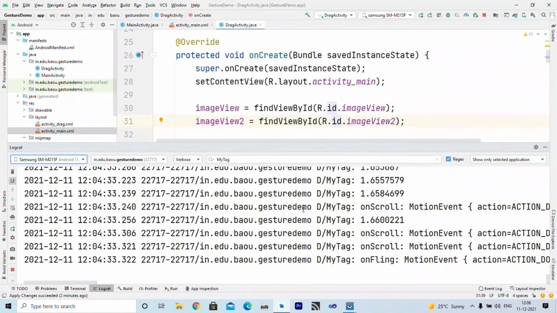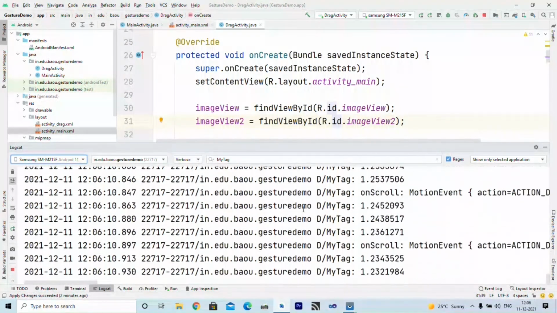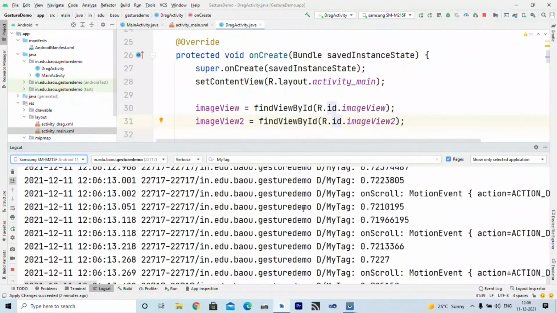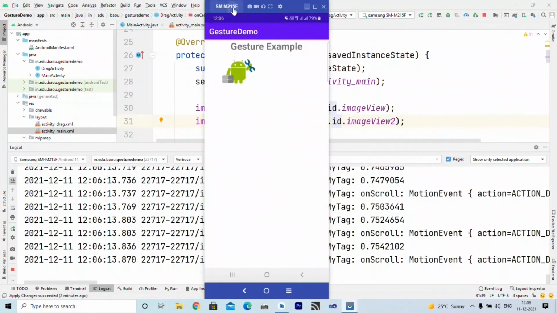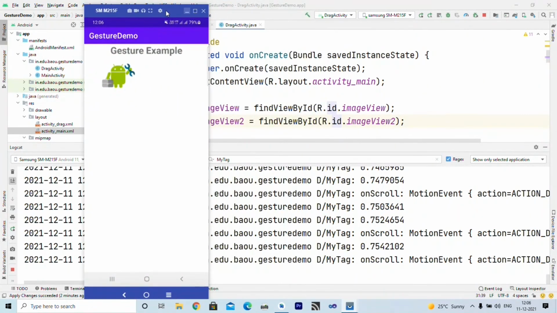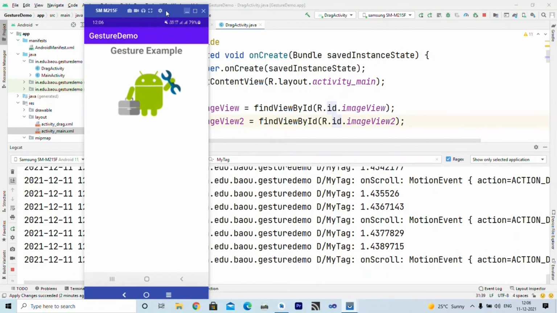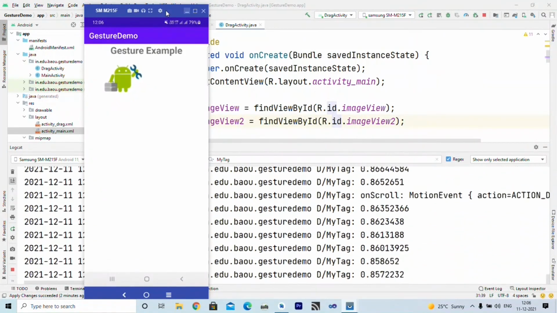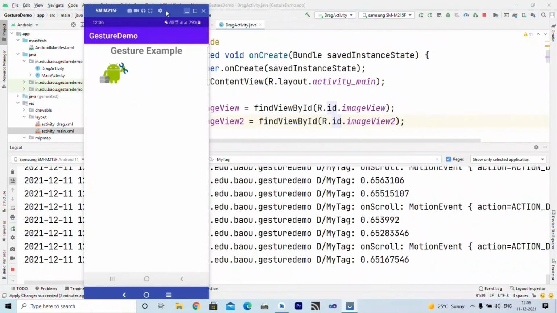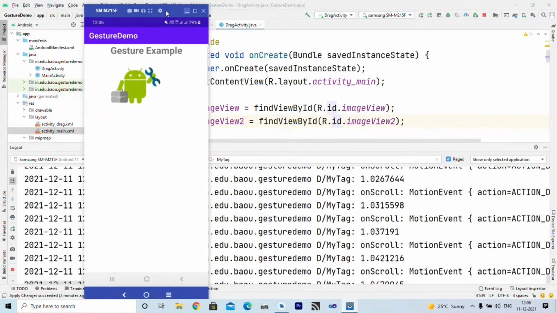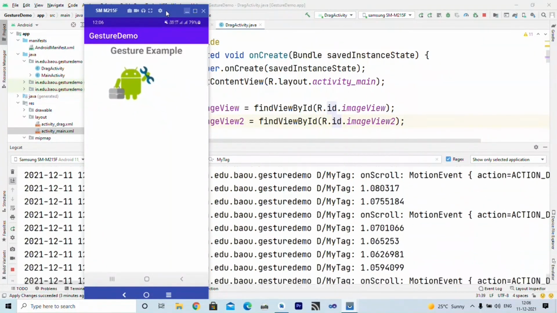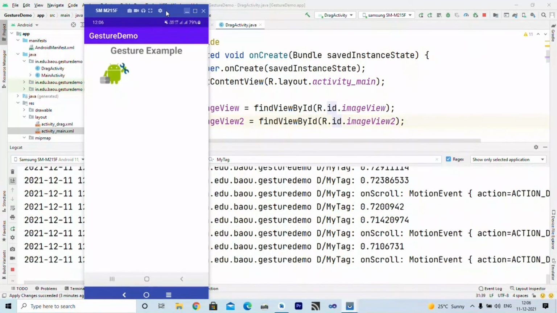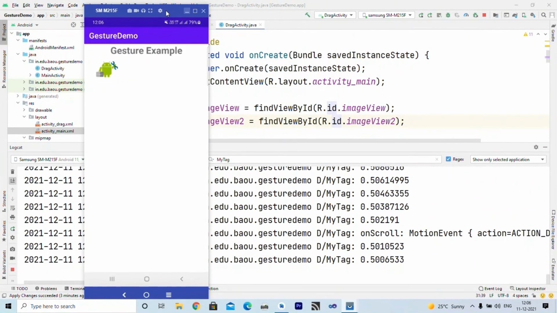If you see here, whenever I change the scale, let us see both things. This is my phone, right? And this is my Logcat window. As I change the scale inside the Logcat window, you can see various values of scale factors. Now the scale factor is increasing and now the scale factor is decreasing, that you can see. Now it is almost half.